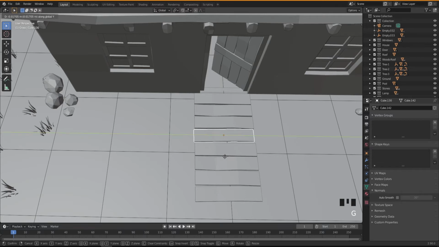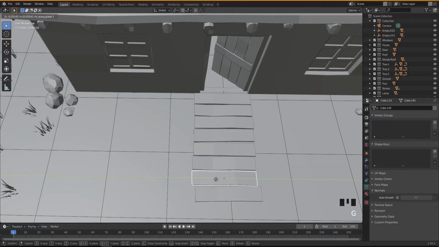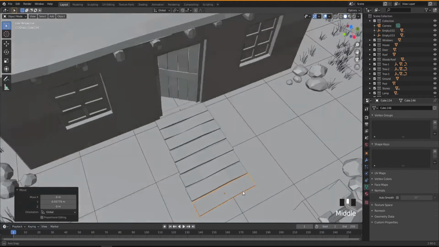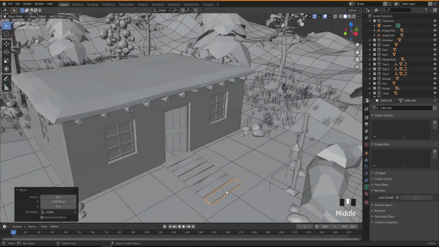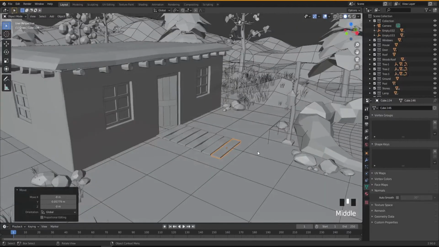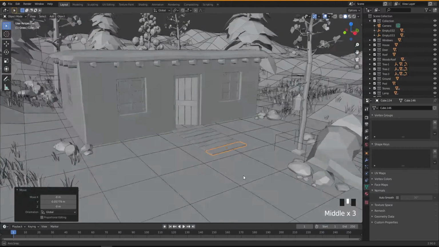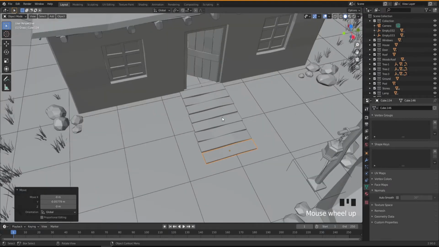G, Y, and I think I'm going to maybe rotate a little bit, because we don't want them to face exactly this direction, so a little bit this way, so I'm going to rotate a little bit